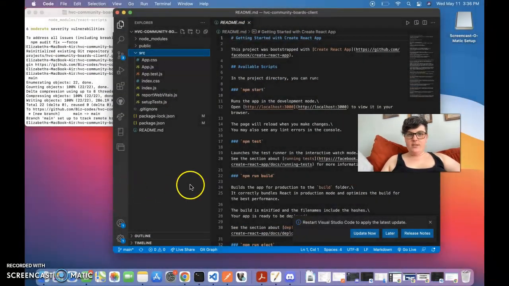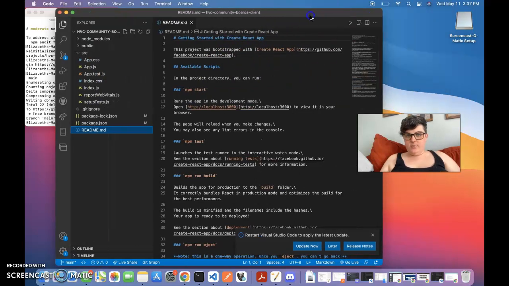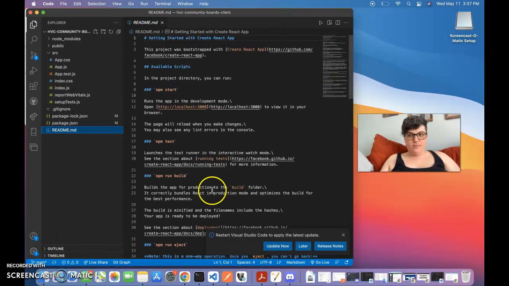Yesterday we initialized the React app, the client side of this project, which is a message board app for a local comedy company. And so now, today, we're going to add some user stories, and we're going to put them right in the README file. So this is the basic README file that just comes with it when you use the Create React app. So I'm going to replace this with